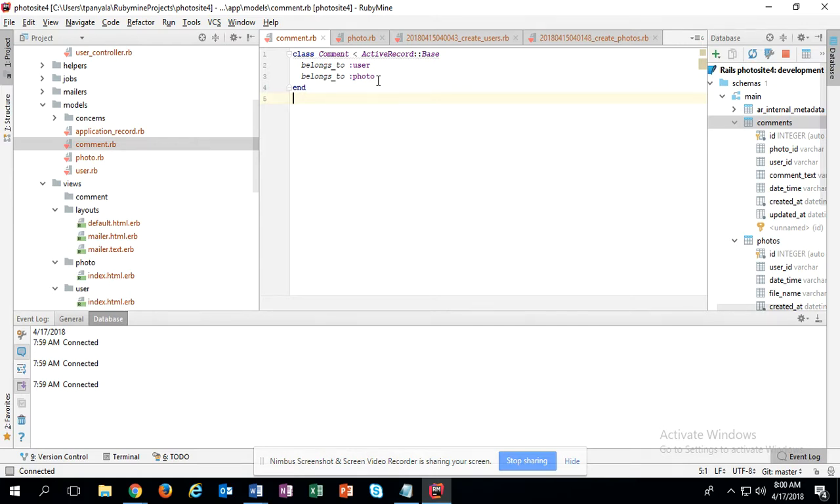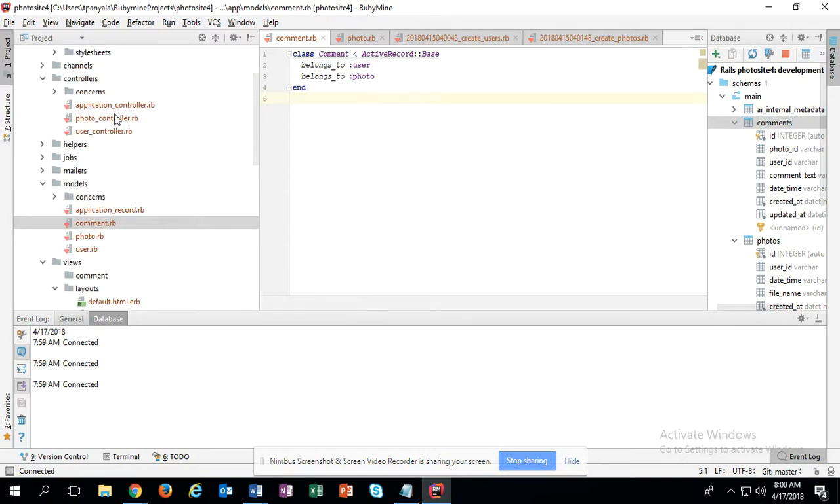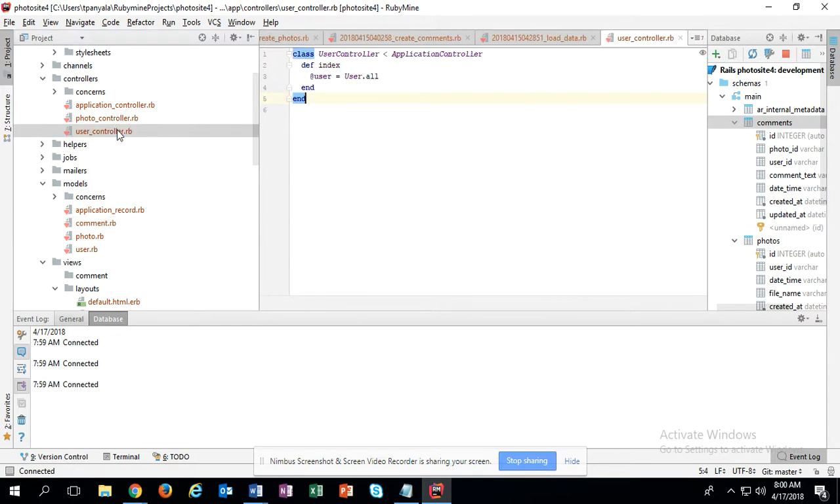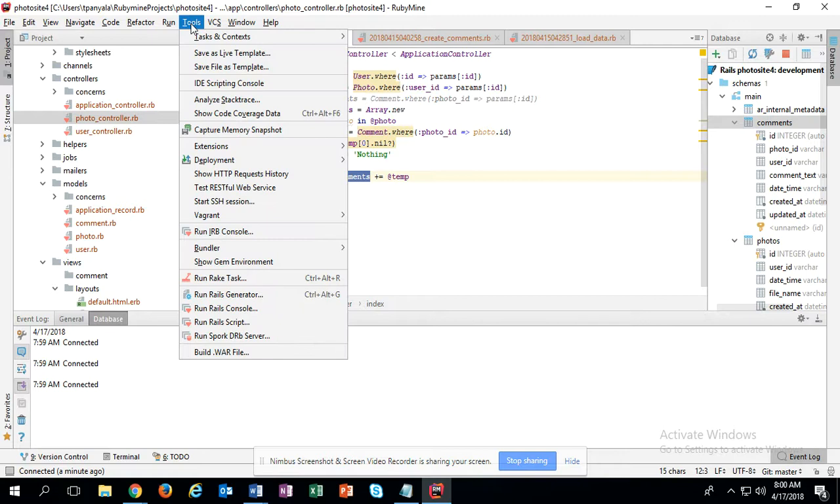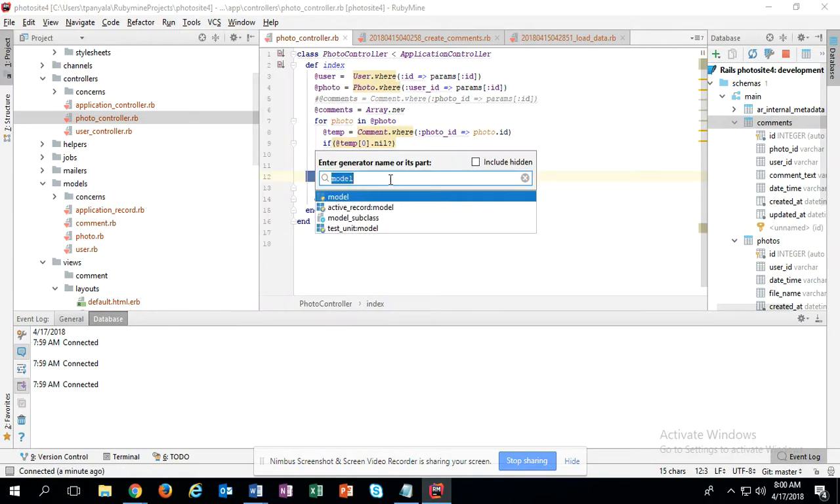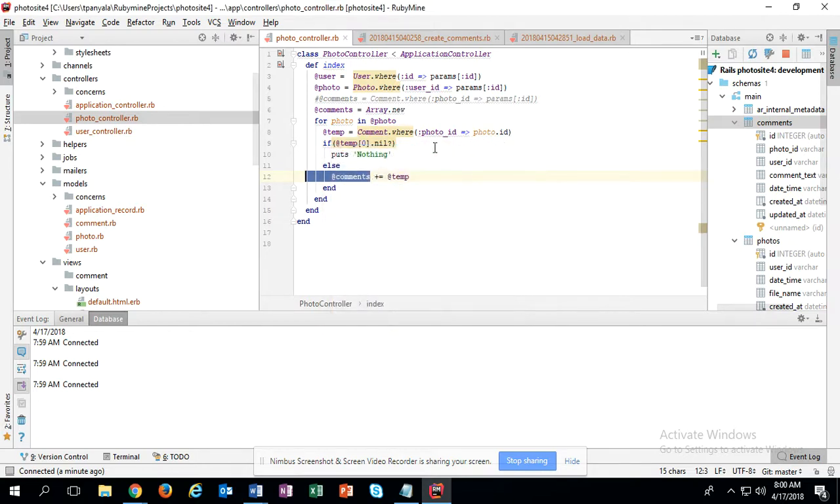Then after this, let's go to the controller. We have 2 controllers, user controller and photo controller. In the same way how we created model, go to tools and run Rails generator, controller, give the controller name, and the action is nothing but the method, it's index. So in this way I have generated 2 controllers,